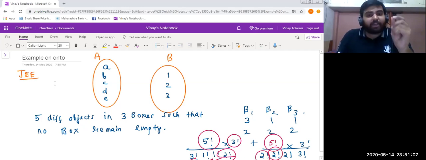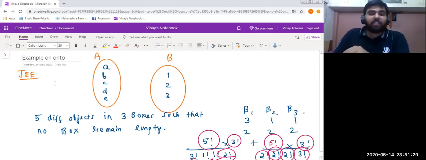This 2 factorial is again the group size of group 2. This 2 factorial is again the group size of group 3. And this 3 factorial is coming because there are three groups which have equal group size. And again, this 3 factorial is coming because objects which are in B1 get permuted in B2 and B3 and so on.